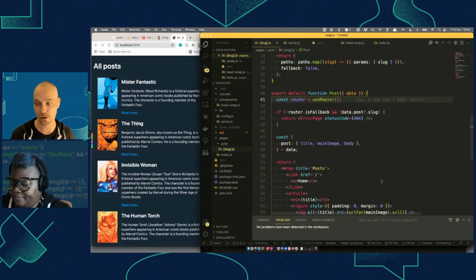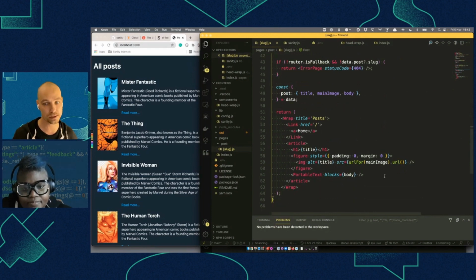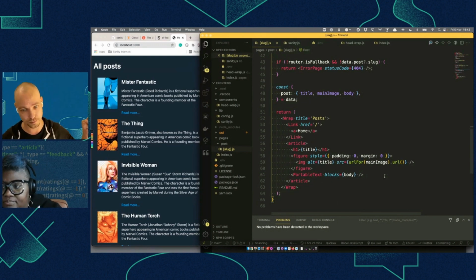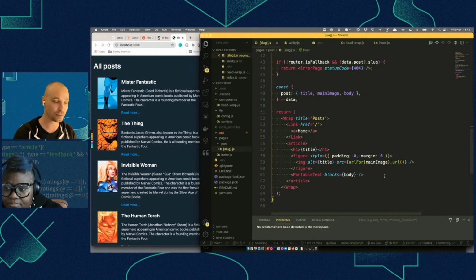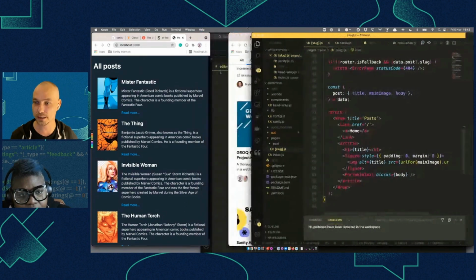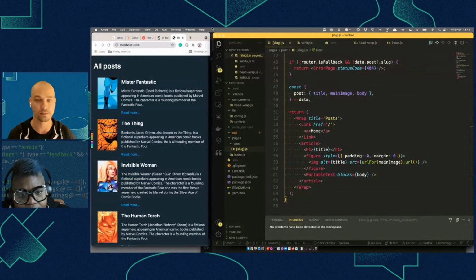And going down here, there's really not a lot to it. We're doing the same thing we did in the index.js. We're just using the data and presenting it in the appropriate way. Now, there is one thing I'd love to just dip into before we go to the next level of this video,